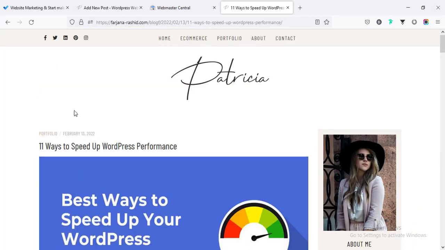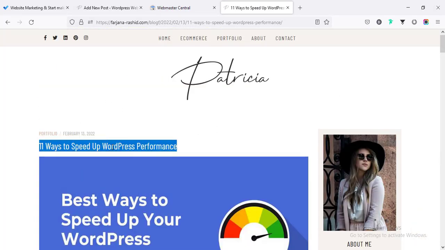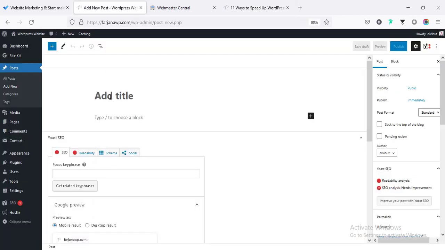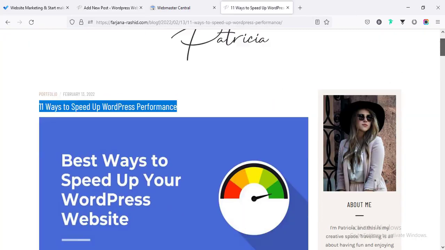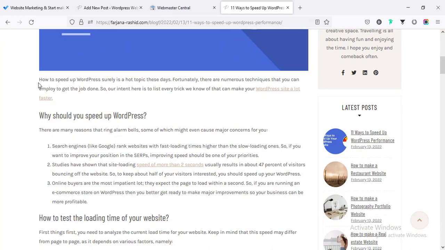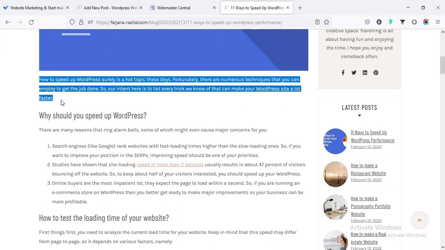So let's go ahead with the title. I'm going to copy. Here is our title, 11 ways to speed up your WordPress performance. Here we can focus on speed up WordPress. This can be our focus keyword. And now after that we can add some intro text. I'm going to copy,